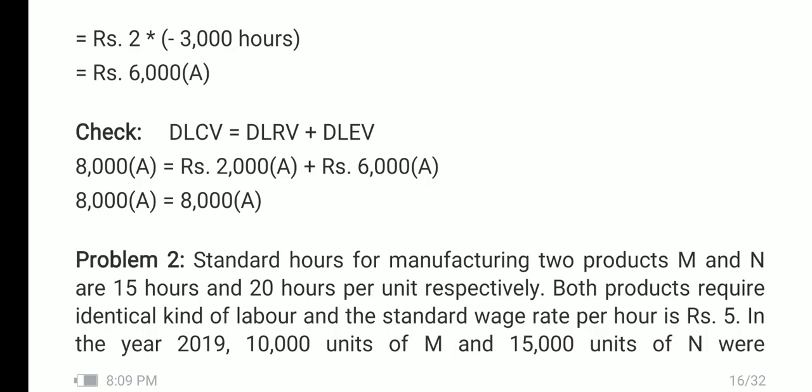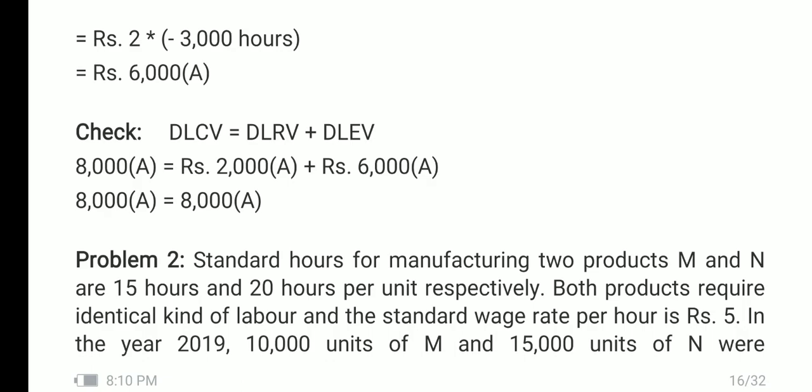Here the problem relates to two products, one product is M, another product is N. Standard time to produce 1 unit of M and N are given. So, standard time is 15 hours to produce 1 unit of M and standard time is 20 hours to produce